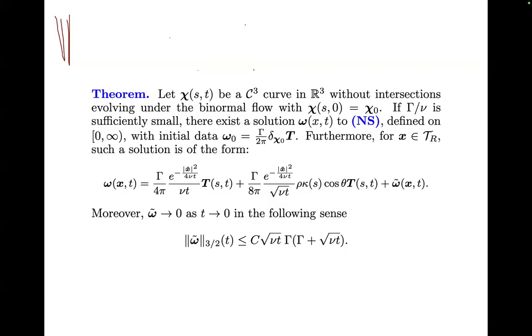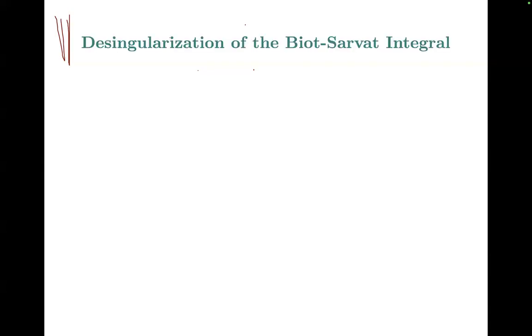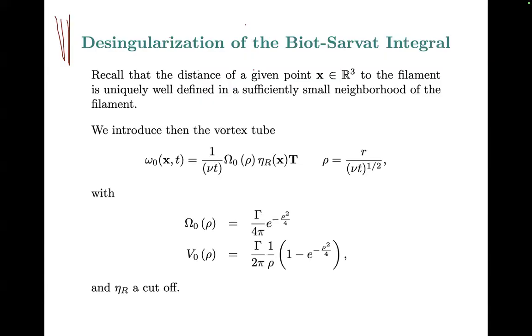In order to do that, I have to really desingularize the Biot-Savart integral, because I have to be able to compute the velocity. What do I mean by saying that I have to desingularize the Biot-Savart integral? It is that, given the leading vorticity, I compute